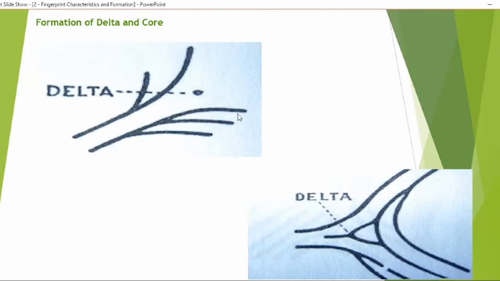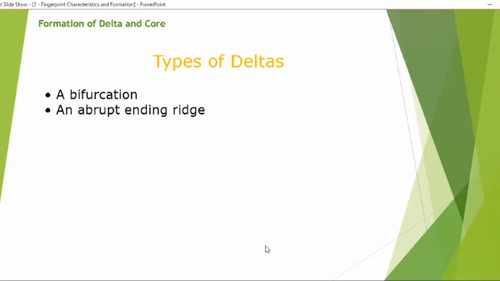Okay? Yan. Ganito yan. So this is the type line. Ito yung type line. Yan. The divergence of the type line. So kung saan naghiwalay yung two ridges which start running parallel, yun ang tinatawag nating divergence. Kaya ngayon, ang pinag-uusapan natin ay delta, that is now the divergence of the type line. And delta is located in front or near at the divergence of the type line. Yan, dapat nandyan yan. So kagaya nito, a point of bifurcation, siya yung delta because that is in front of the divergence of the type line. That's why we have the types of delta. Pwede siyang bifurcation, pwede siyang abrupt ending ridge, pwede siyang dot,